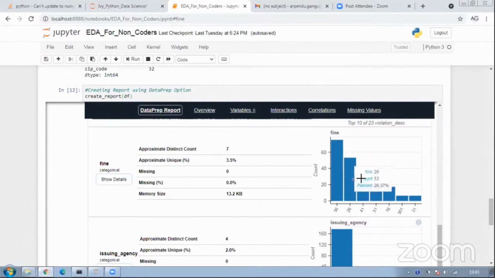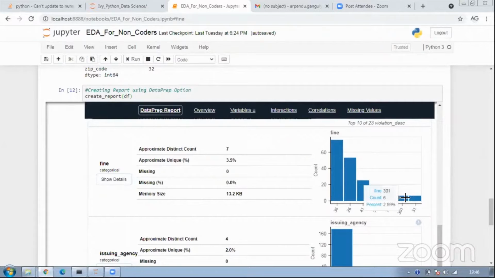We can obviously convert this into numerical and have it be better. Since it's a categorical bar right now, it is trying to give a mode kind of picture. But even seeing it that way, there is a huge proportion of people paying a fine of 36, so the majority of them are paying this. In terms of the maximum, 301, there are only 6 people who are paying the fine.